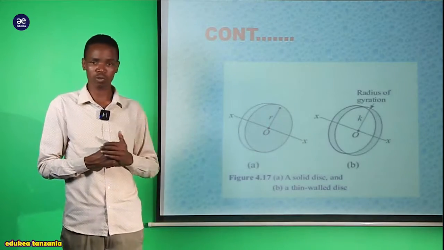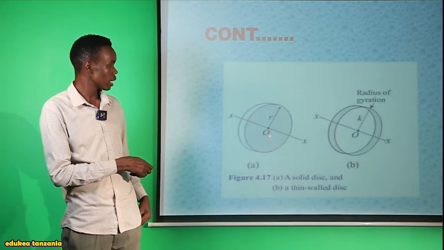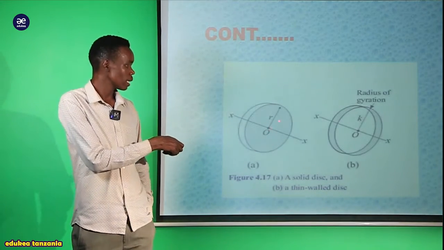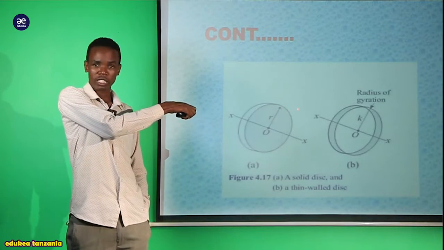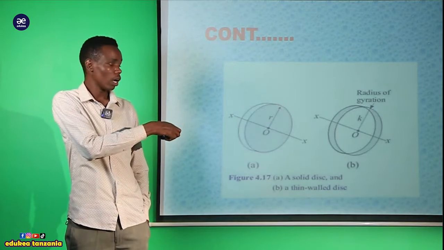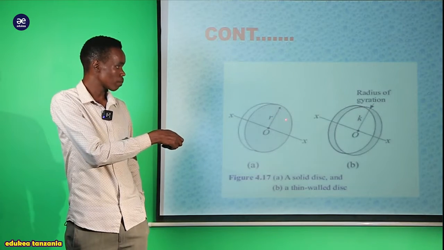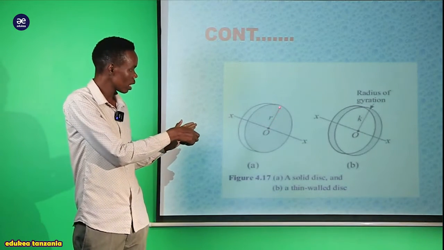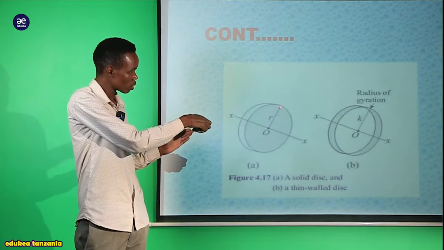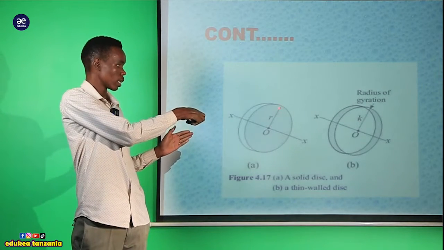We have the distance from the center up to any point of the circumference or any point of the disk. This is R. Now we have been told that if we take this mass, which was located at this point,